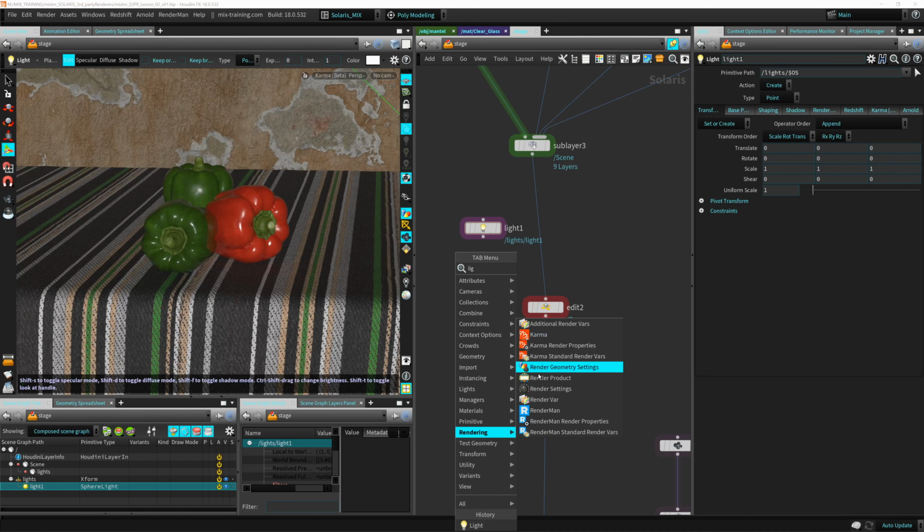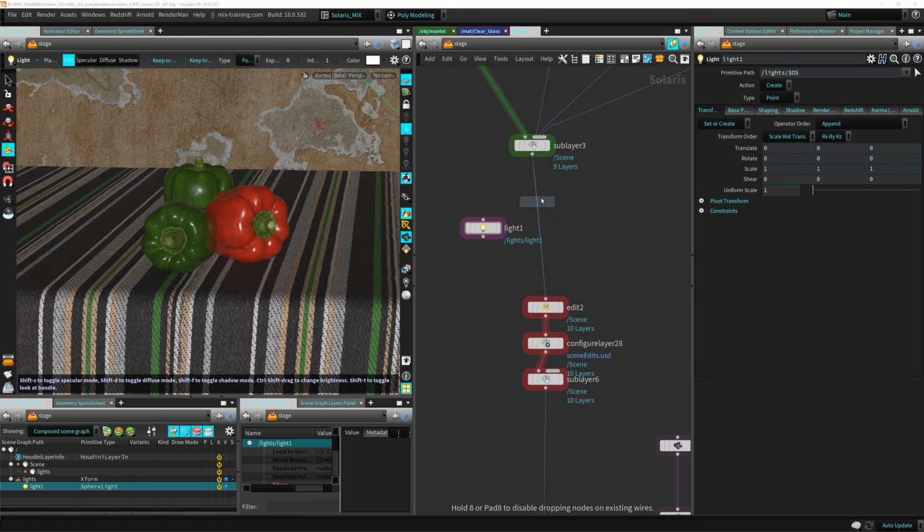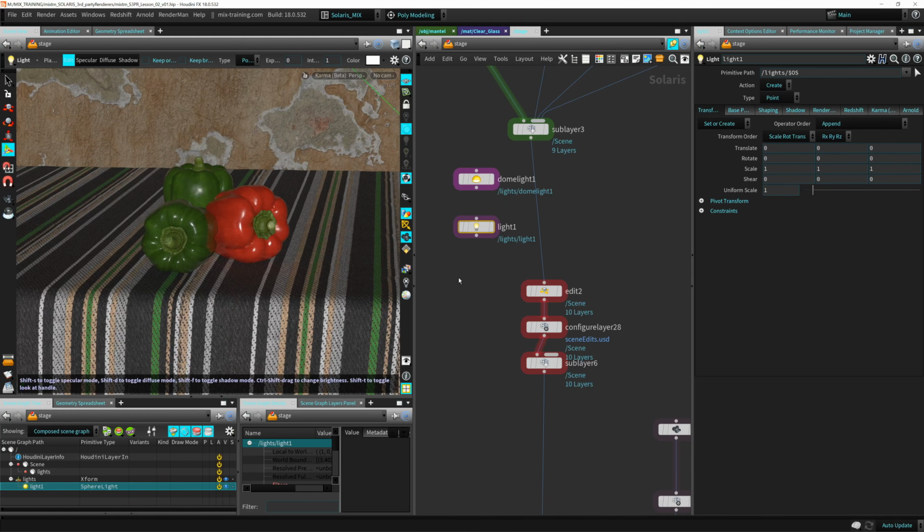Karma has a few nodes, but for example, if we go to lights, there's no Arnold light, RenderMan light, etc. It's just lights and dome light. That's all there is, and that's how Hydra communicates to the renderer what it needs. So if we create a dome light here, and we have a light and dome light, also the other thing